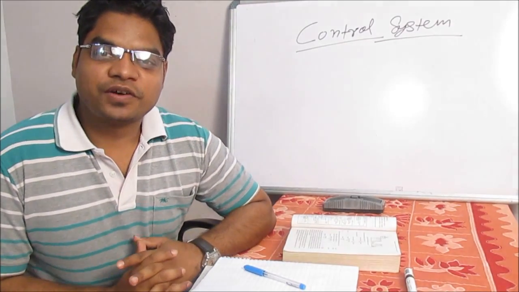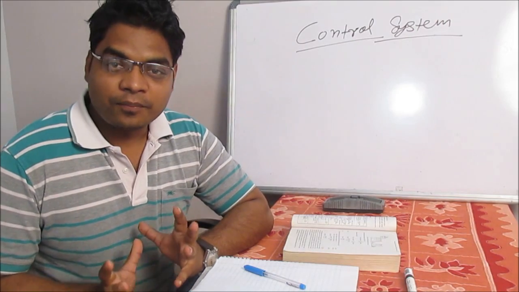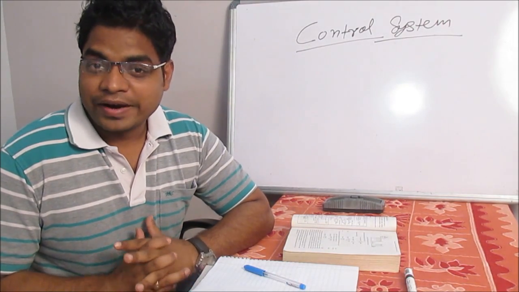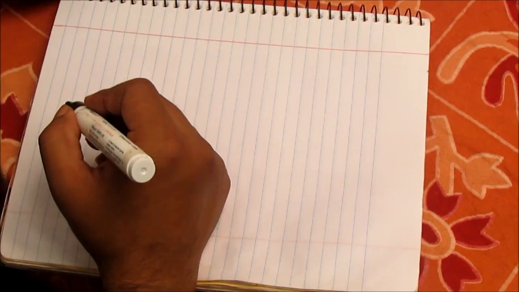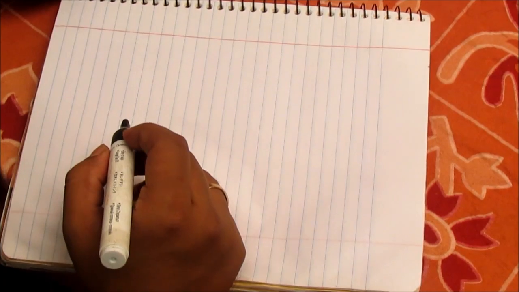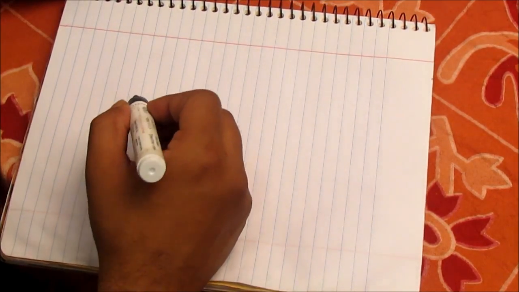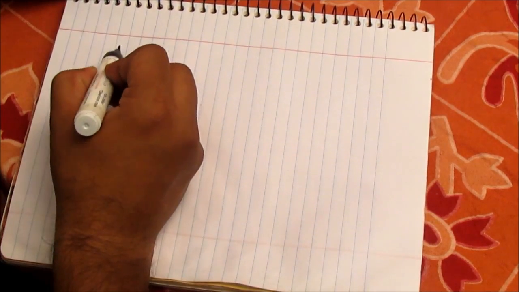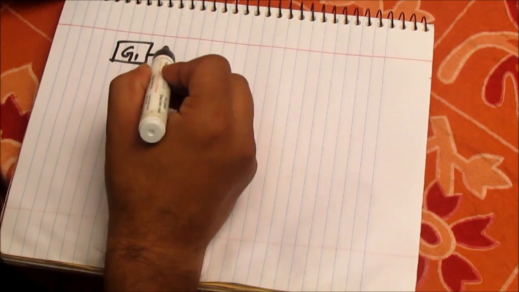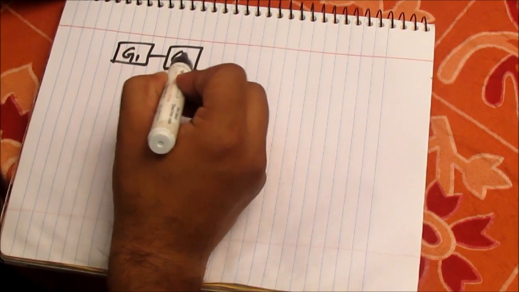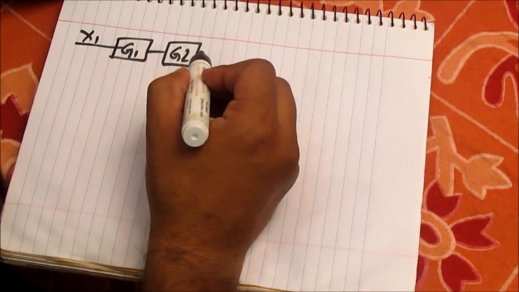Now we will move to our next topic, that is how to simplify the given complex block diagram and to find its transfer function with the help of certain rules. So let's discuss our first rule, that is when the blocks are in series. So here there is a case. First block has gain of G1 and second block has gain of G2, and here it is the input x1,